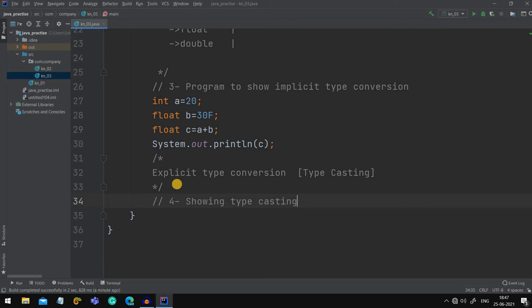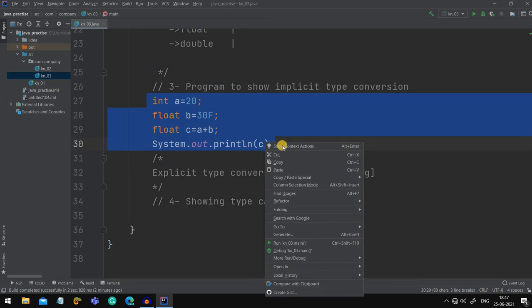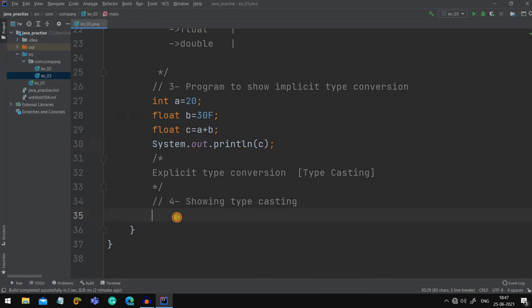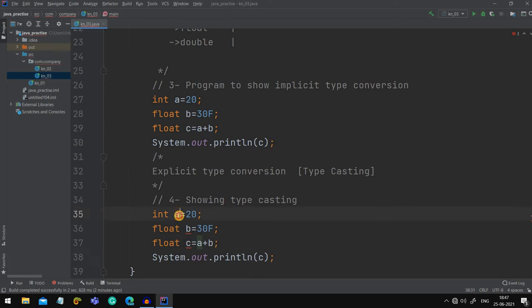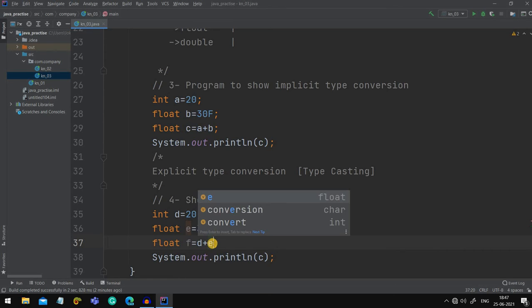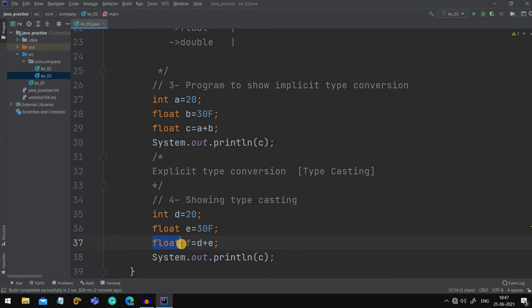It is the most familiar term which is used by programmers nowadays. See, now explicit type conversion, how to do it? Let me copy this program only. Let me change the variable names to D, E, F. Make it D and make it E. Now let me make it int.